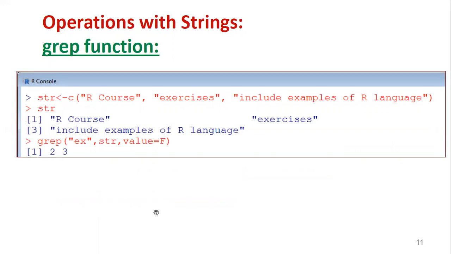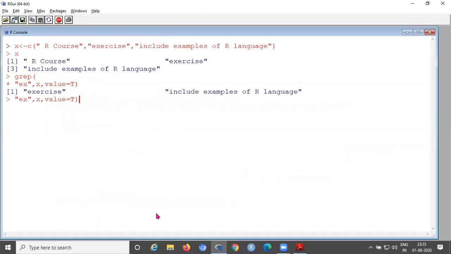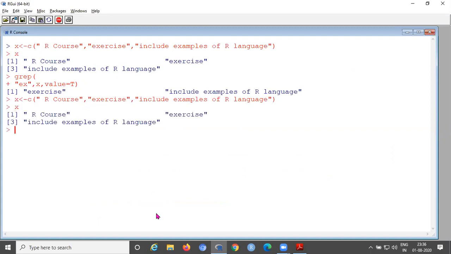Now we'll also demonstrate this one. You can call the same vector x. Now we are using grep "ex", finding in vector x, value equal to false now.